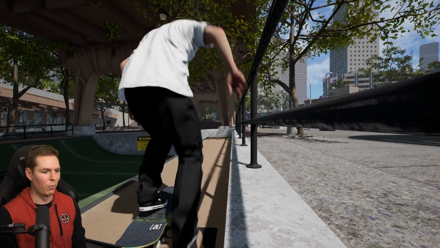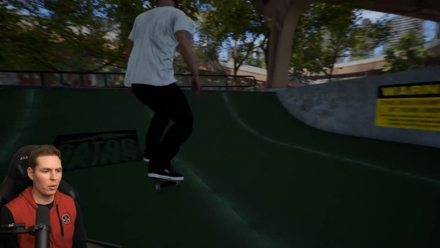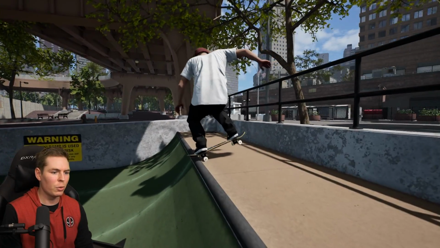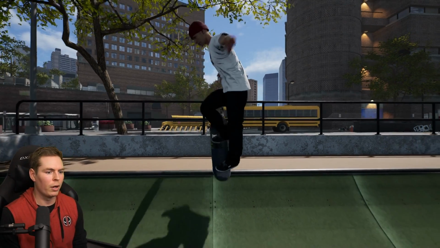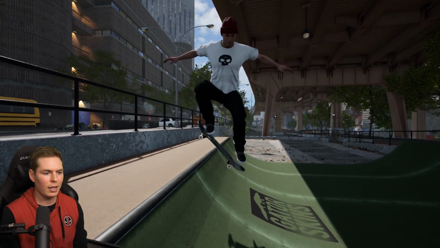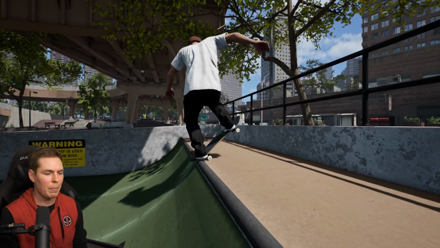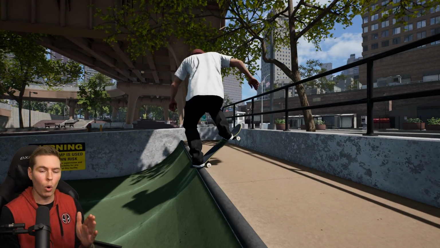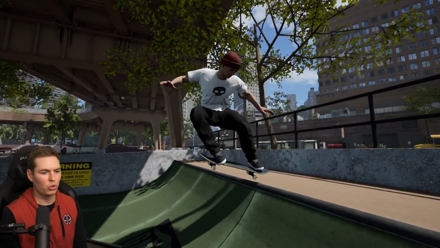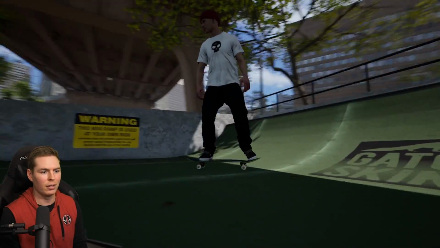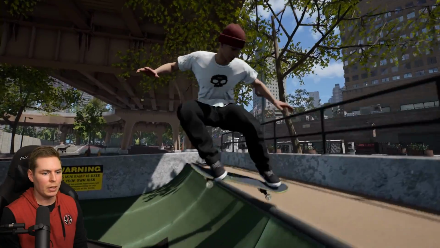So on a mini ramp, would this be a nose blunt or a nose slide? You're pretty much popping into a nose blunt. If this was a stall right here, that's a nose blunt, or switch blunt, whatever one. And if you were popping back in like this, that would be a nose blunt or switch blunt. But I'm staying on the exact same side as I popped. Nothing is going over first, but technically that would be a nose blunt. Extremely fast done, but still that would follow the rules of what a nose blunt would be. Or would this just be a nose stall?